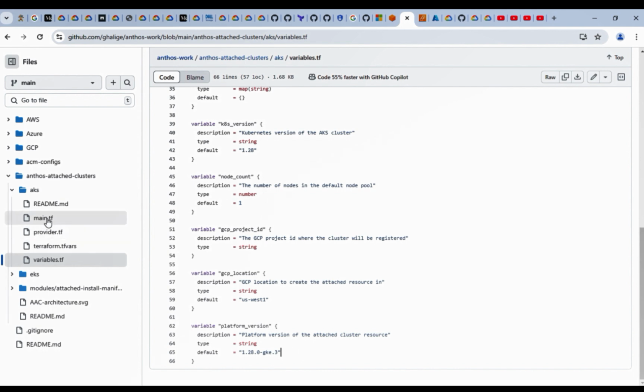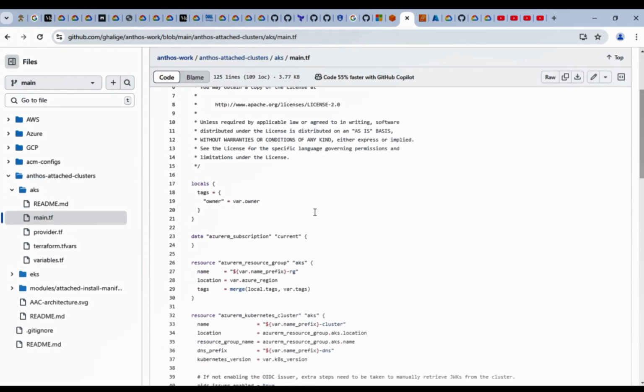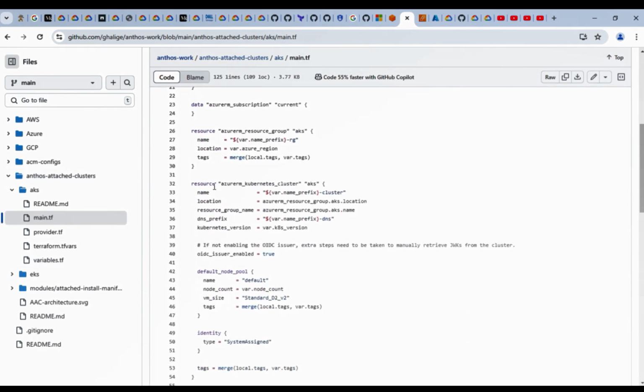So now if you come back here, in the main code base, this is okay. Here is the thing. In this Terraform code, what we are doing, for the demo purpose, is creating an AKS cluster, which is currently not there. So first, for the demonstration purpose, we are creating an AKS cluster in Azure, and then we will be calling a